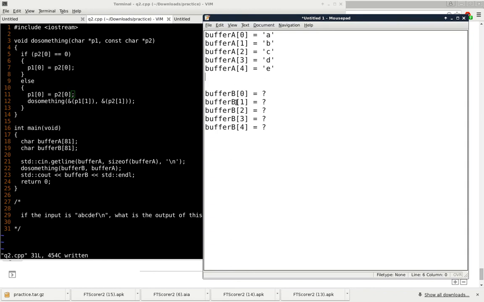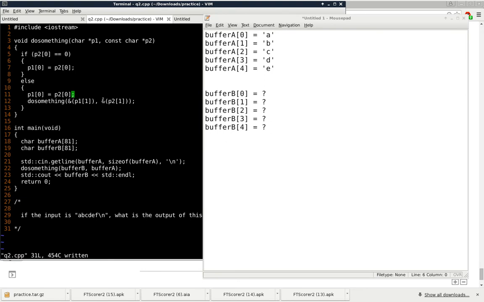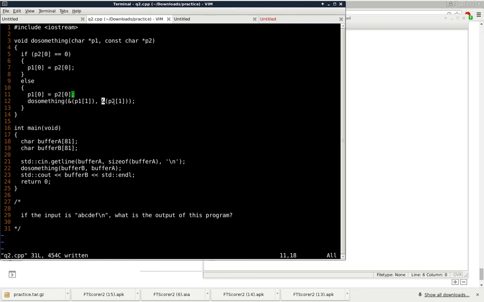I'm still trying to figure out on line 12, how can you pass P2 of 1 when there's an unknown number in there? Which is right next to your character. Yes, but then you're using it up there, and it does not equal to 0. But you're passing the address. You're not passing the character. You're passing the address of a particular element in the array. Okay, so then you go back into